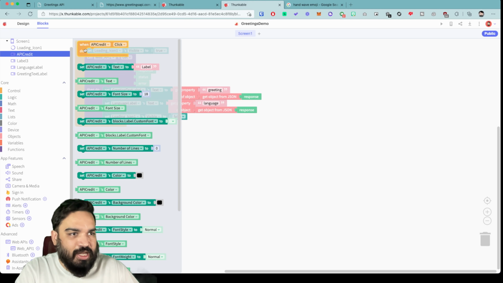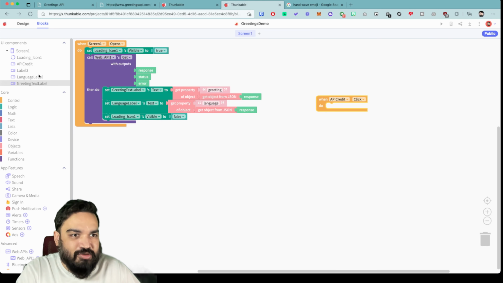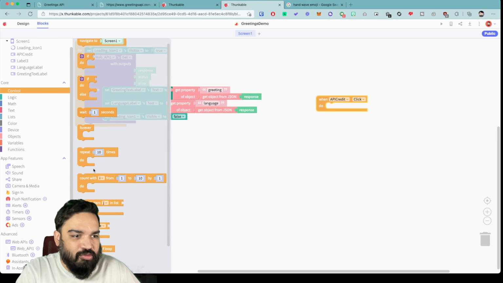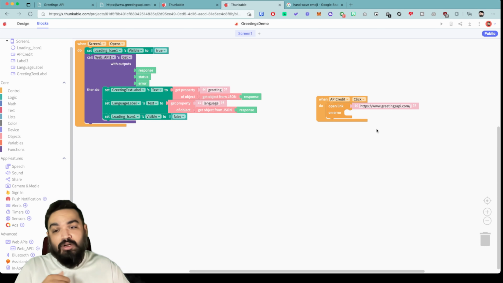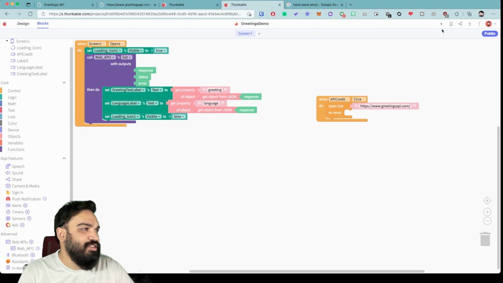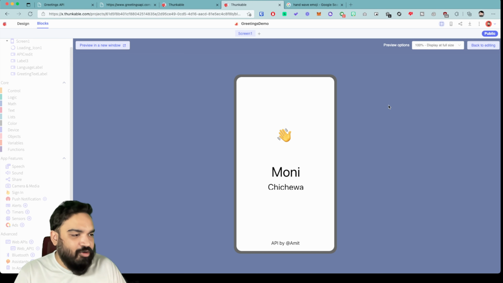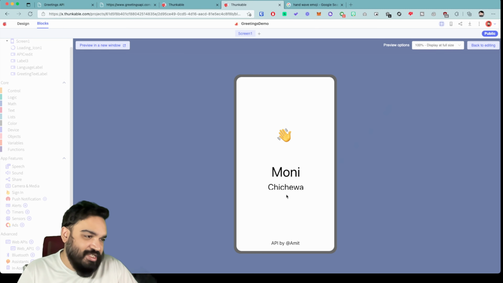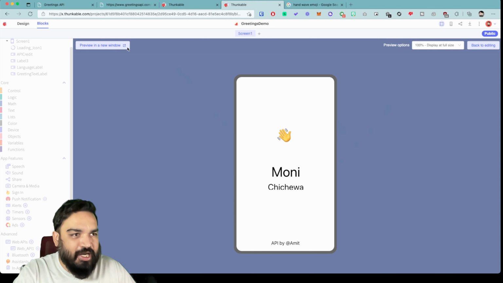Now I do this, and when somebody clicks on this, what I'm going to do is go back to control and do open link. Inside the link, I'm going to just paste this, which will open the browser for the user on whichever device they are using, right? So let's quickly test this out and see if it works. I've just clicked play and loading loads. That's it. Now depending on the size that you use, you can always change the alignment.